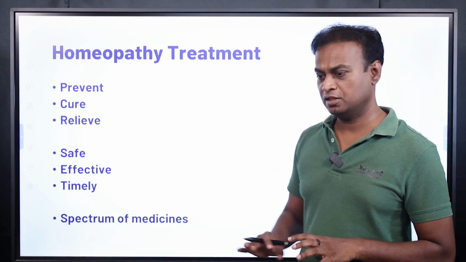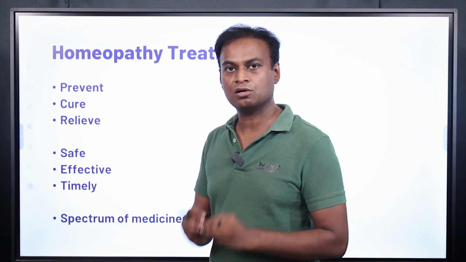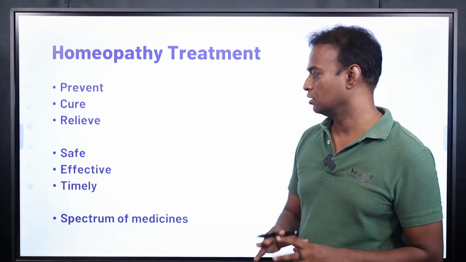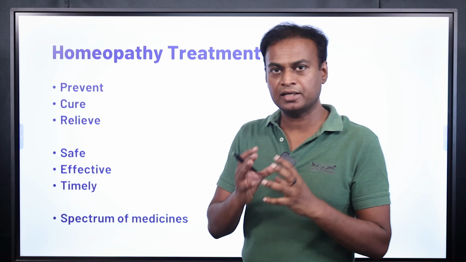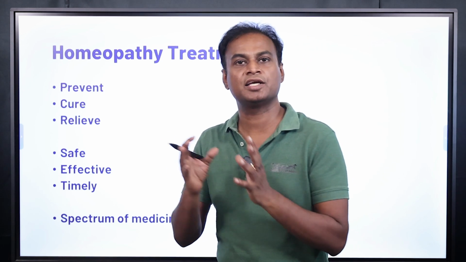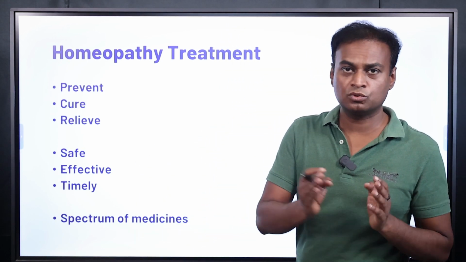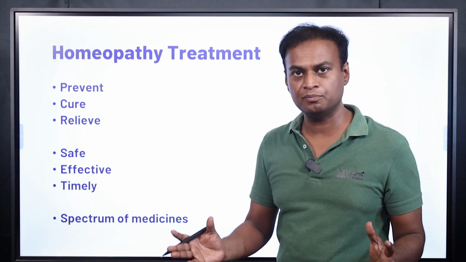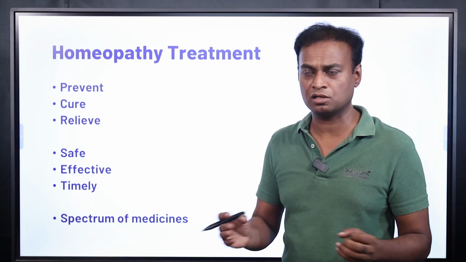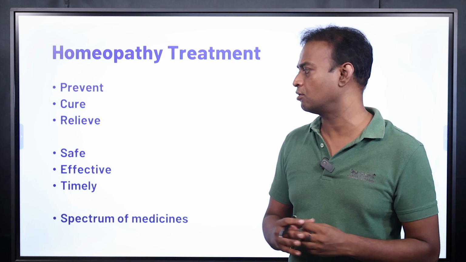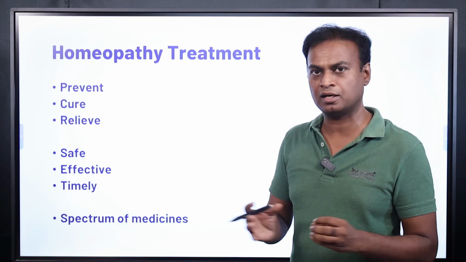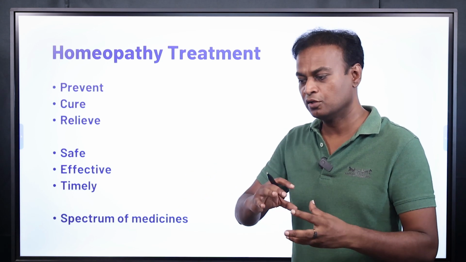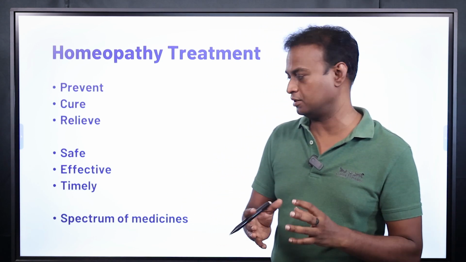And timing: autism is not a short-lived disorder, it's a long disorder. Coming to time, the brain's neuroplasticity, the brain can adapt and modify until the age of 13. From 2 years to 13 years is the golden period for autism, or not only for autism, for any psychiatric disorder or any brain-related disorder, because the brain grows in that period and it is highly plastic, meaning you can mold the brain in that period.